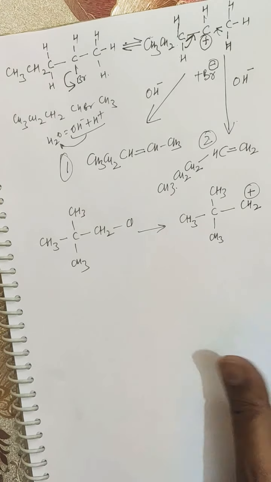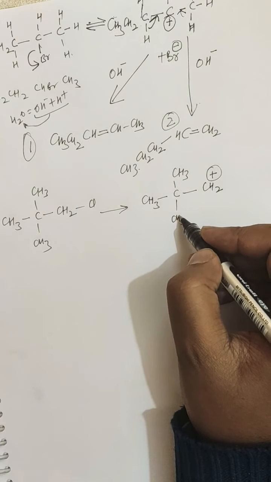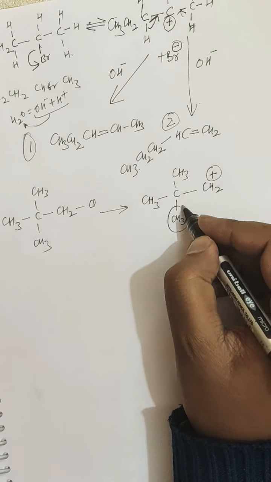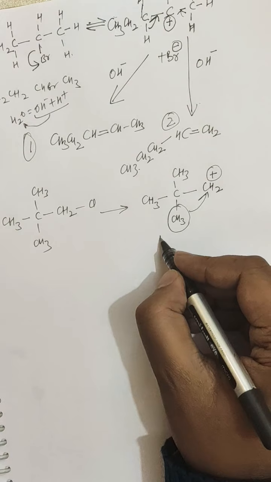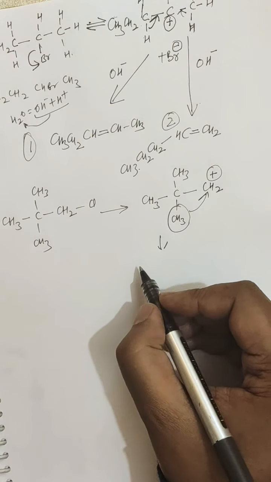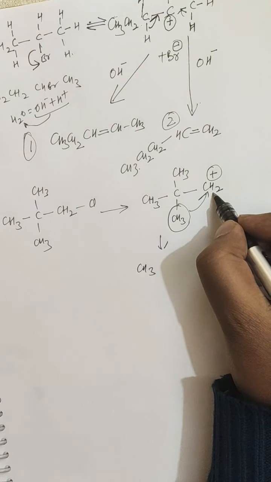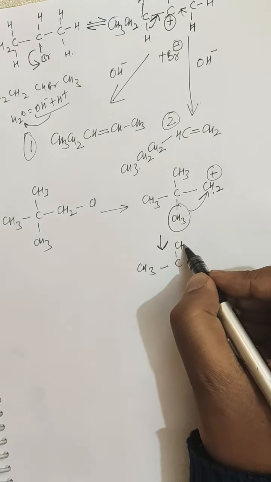So this carbocation is formed. Further, this carbocation undergoes rearrangement by shifting of the alkyl group to this electron deficient carbon, and because this is a primary carbocation, after rearrangement there is the formation of